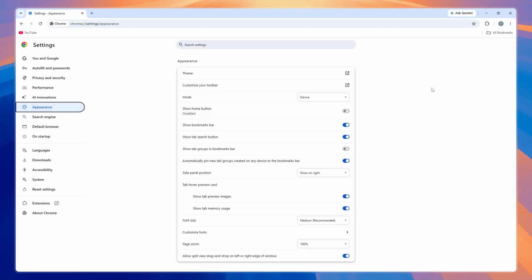Now, scroll down within the Appearance section until you see an option called Font Size. Right next to it, you'll notice a drop-down menu. Click on that drop-down to see the available font size options. From the list that appears, select Large. This adjustment will make the text on web pages easier to read by increasing the default font size across all